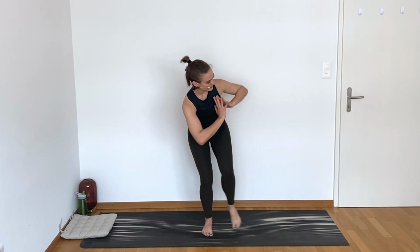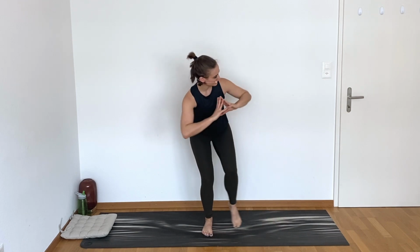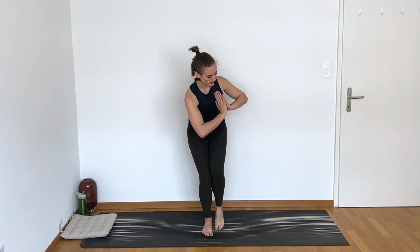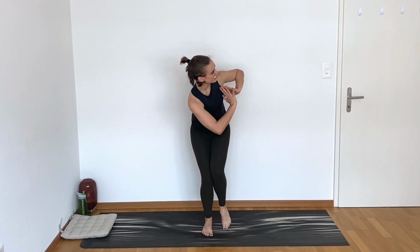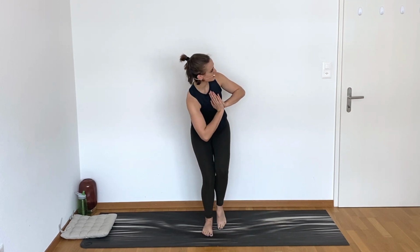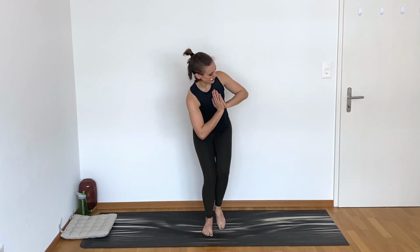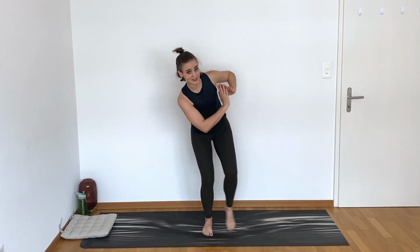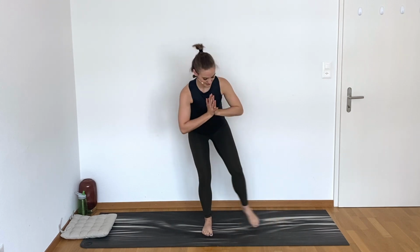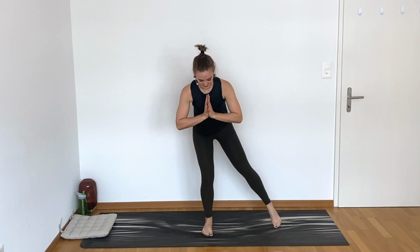4, 3, 2, tap your right toes out. Tap in, twist, center, twist, center. Again, that twist can be small here. If you're feeling unbalanced, for example, twist, center, twist, center. Keep your thumbs in the center of the body here. Your arms aren't doing more rotation than the rest of your body. Twist. 8,